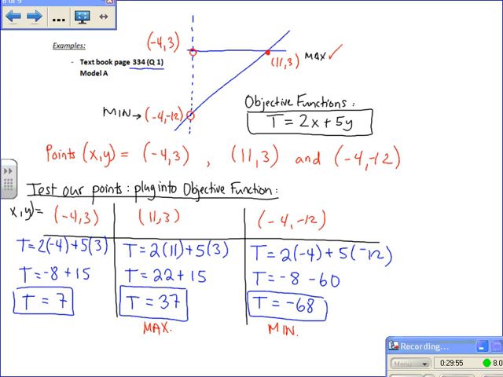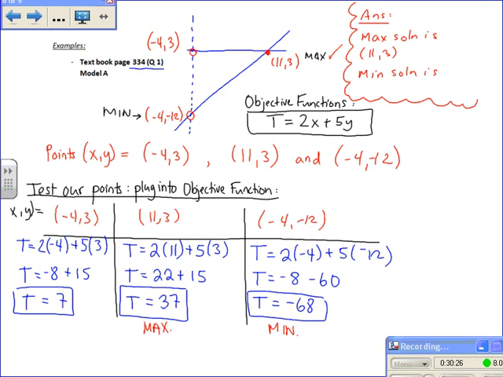Okay, so let's just go over here at the bottom of your page. Okay, here's our answer to this question. So the max solution is the point 11, 3. That gives us the greatest value for t. Okay, and that point was a solid dot, so it's exactly 11, 3. Okay, the minimum solution